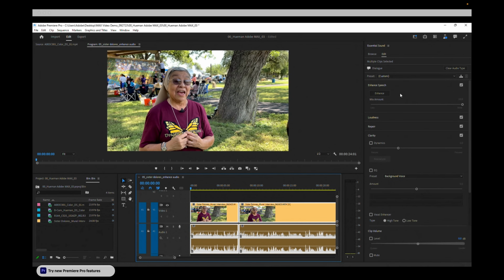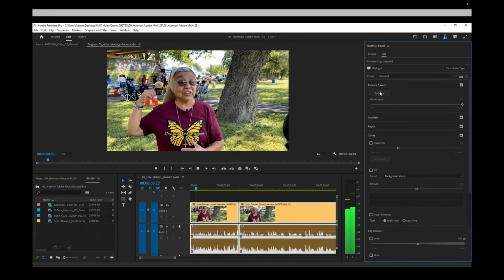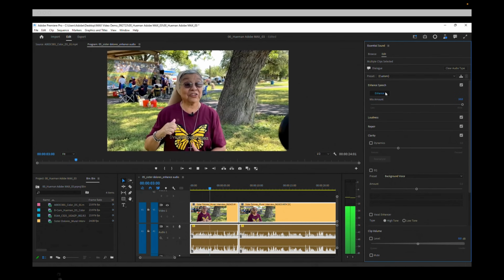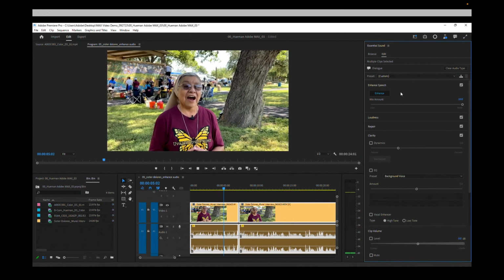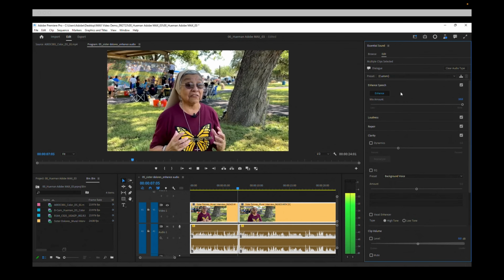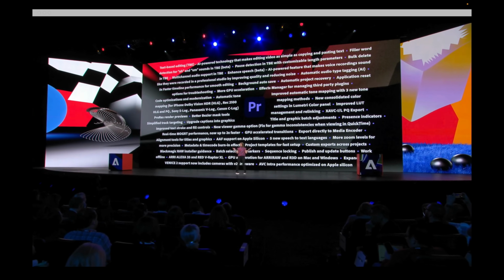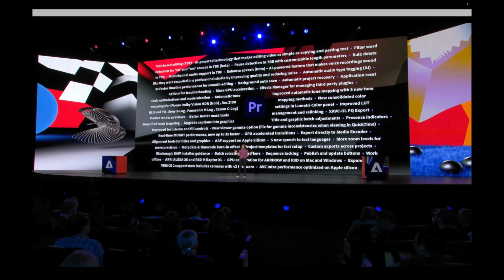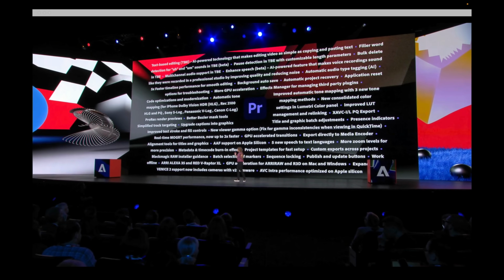We have the new AI-powered enhanced speech. Let's click on that button. And this mosaic that's right behind us, where you see them working, it's a gift. It's a gift. We've also worked closely with our pro video community and delivered over 50 workflow improvements that you